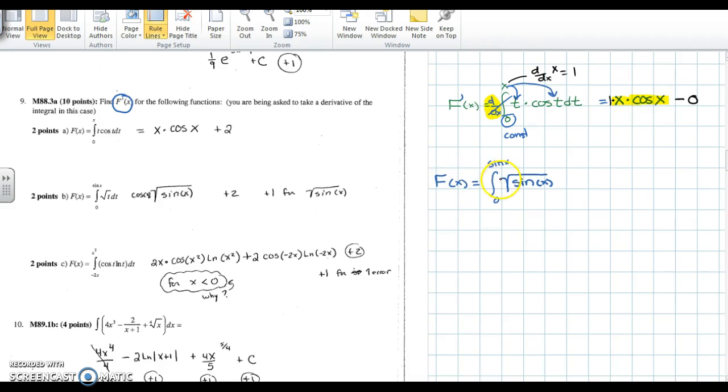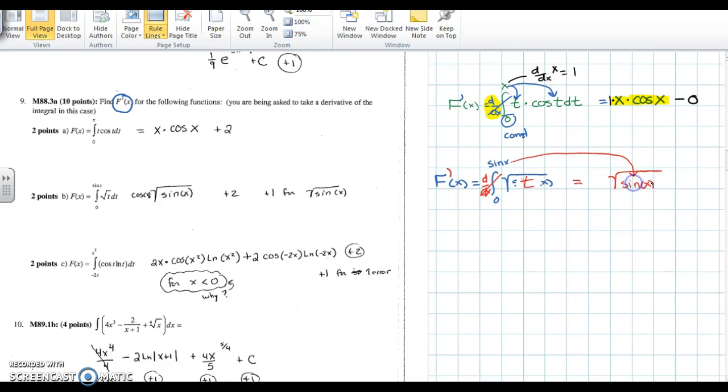Similarly, we've got F of x equaling the integral from 0 to sine of x of square root of t, excuse me, I've written this down wrong. And we're going to take the derivative, so that means we're going to take this derivative, and these will cancel out, leaving just the square root of t, but for t we're going to plug in our upper limit,